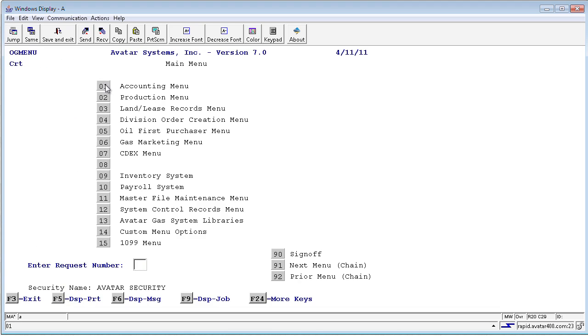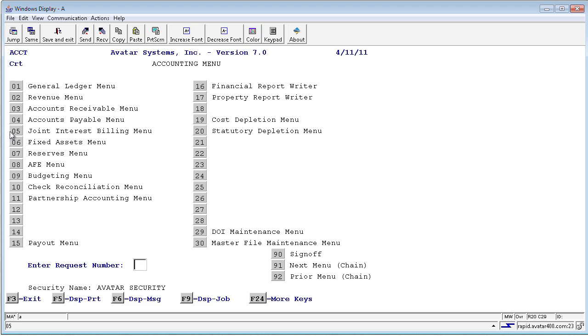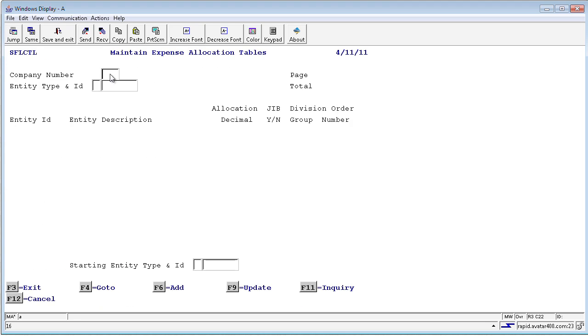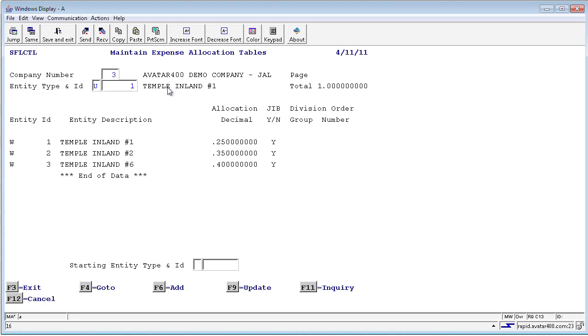Now we're going to go into the joint interest billing menu. The Avatar400 system has an allocation table that we can set up to identify which units are in provisional and would like to be allocated between groups of wells. In this example, the Temple Inland number 1 is being allocated to the Temple Inland 1, 2, and 6 based on 25%, 35%, and 40%, and all of these charges that are being held will be joint interest billed out